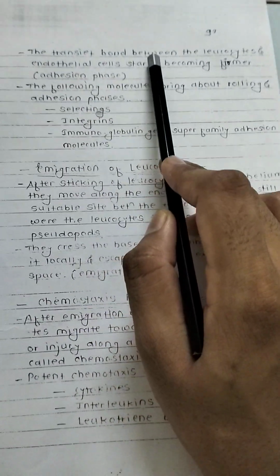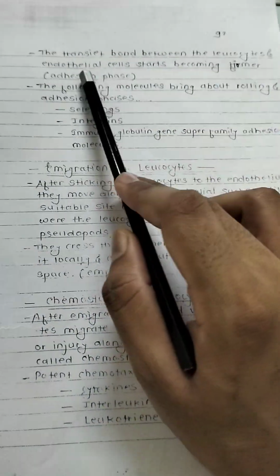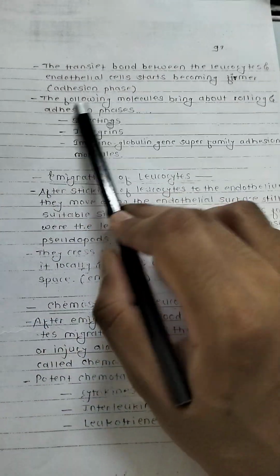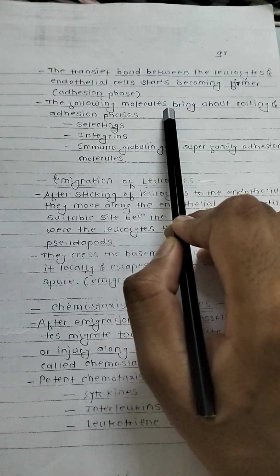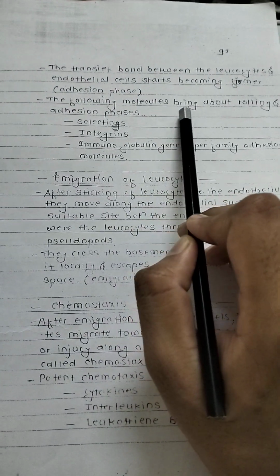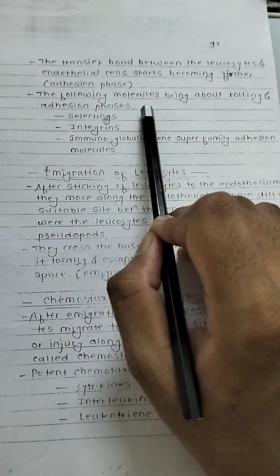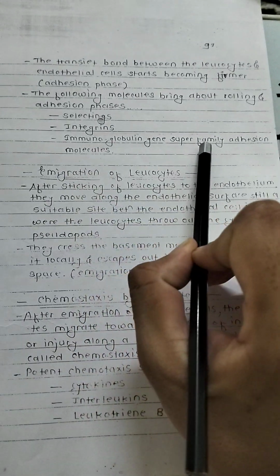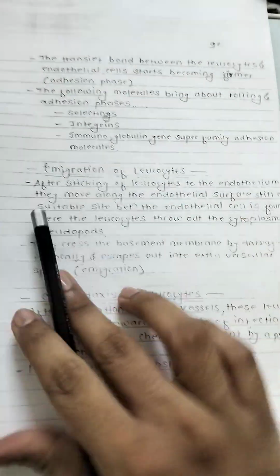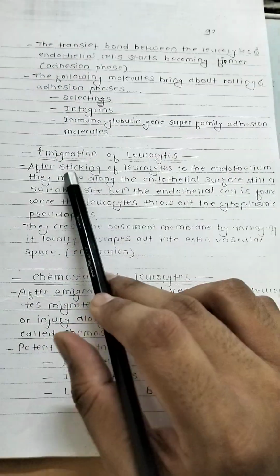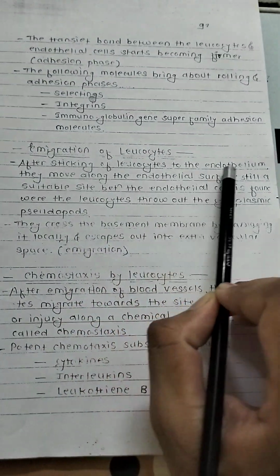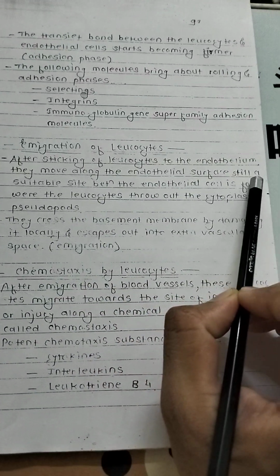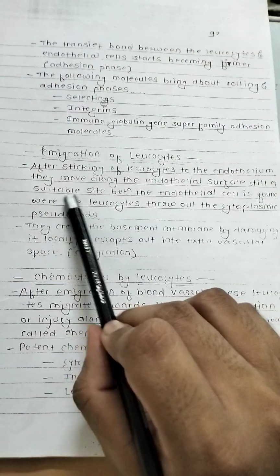The transient bond between the leukocytes and endothelial cell starts the firm adhesion phase. The following molecules bring about the rolling and adhesion phase: selectins, and the immunoglobulin gene superfamily of adhesion molecules. Migration of leukocytes: after sticking of leukocytes to the endothelium, they move along the endothelial surface till a suitable site